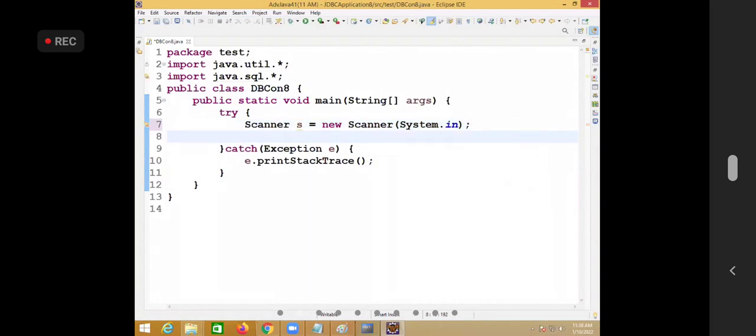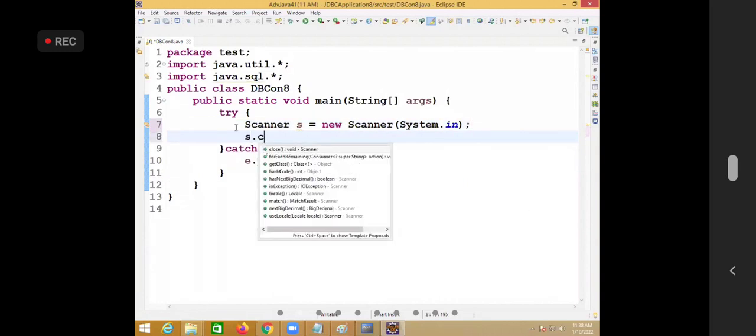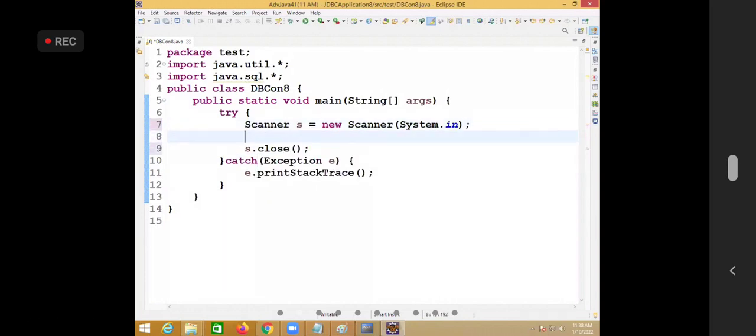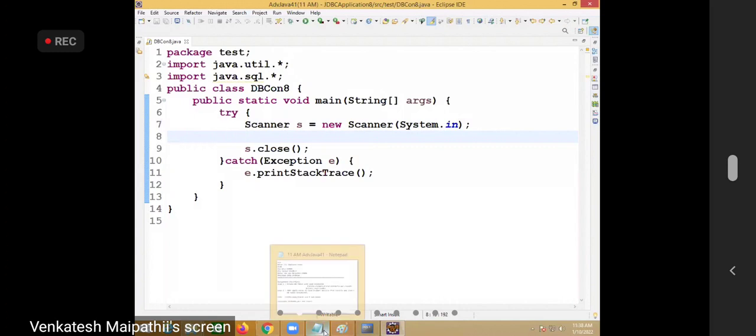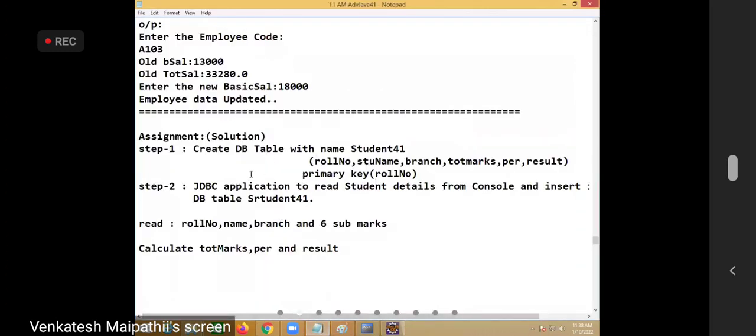Here s dot close. In between this we have to read the roll number first. What is the question now? Read the roll number, read the name, read the branch, read the total marks and so on. So first the roll number.